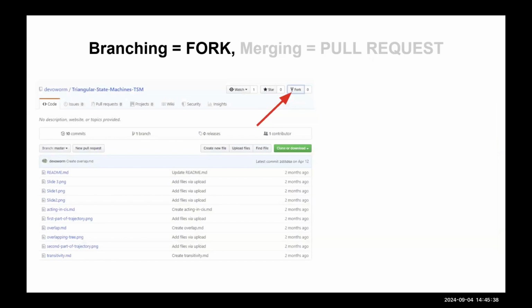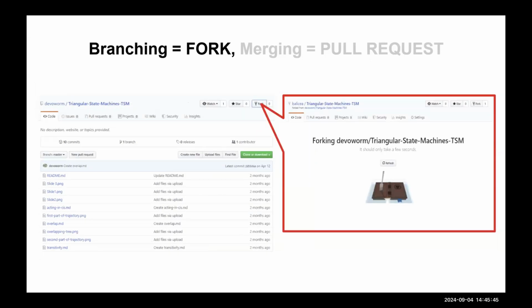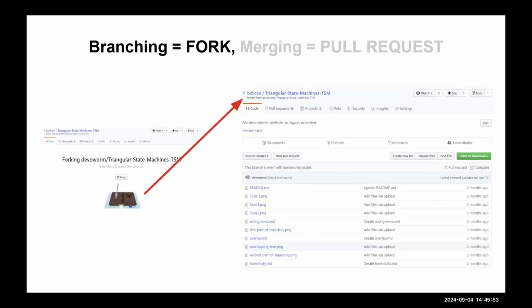Again, we talked about forking, where you can fork something. It's just as simple as pressing a button. On this repository, there's a little graphic that shows you it's forking. It does that to show you that it's making the copy. And then it changes the name, so the organization will be down here, and then your version of the repository. So what changes basically is the user. The repository is the same name, but the organization name is different, the account name is different.